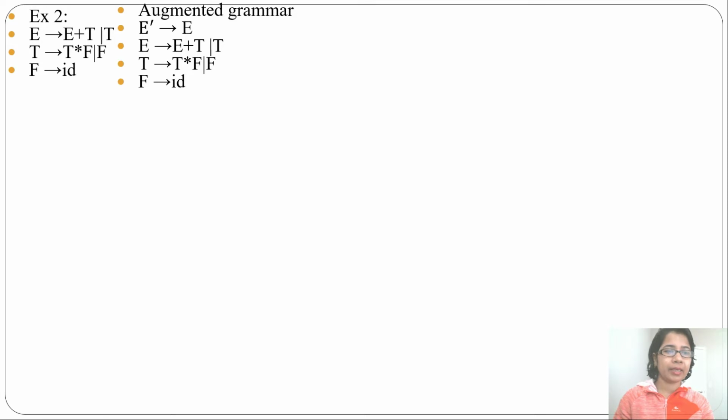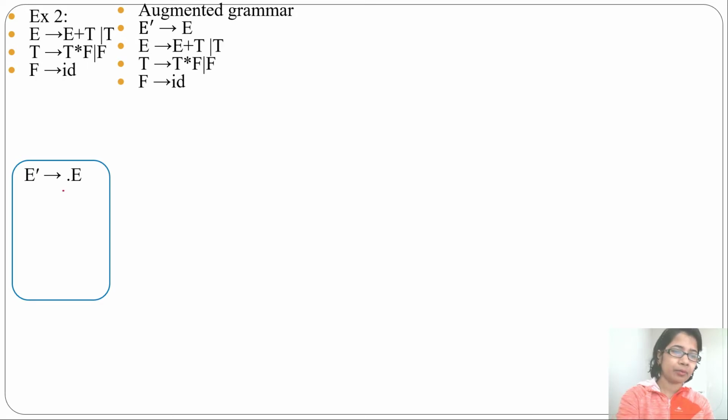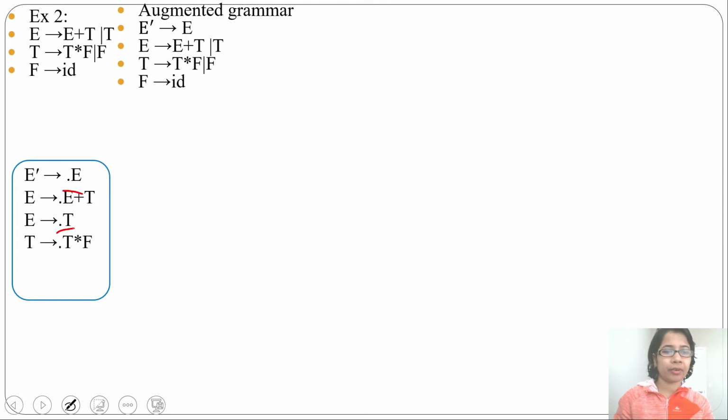The initial state will contain the augmented production with a dot at the start. Now the dot symbol is before E, so we'll add the closure of it. We'll add all the E productions, that is E derives dot E plus T, E derives dot T. Now the dot symbol is before T, so we need to add all the T productions, T derives dot T multiplication F, T derives dot F. Again there is a dot before F, so we need to add the F production, F derives dot